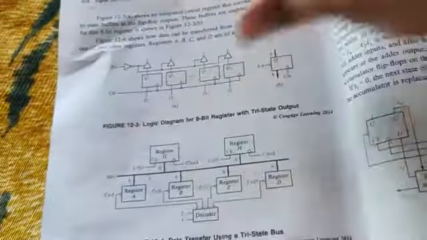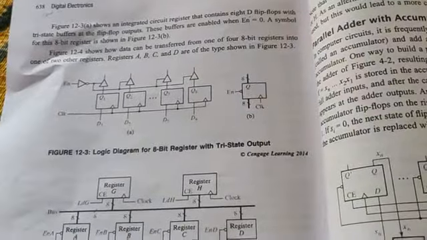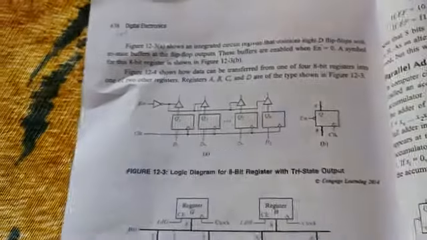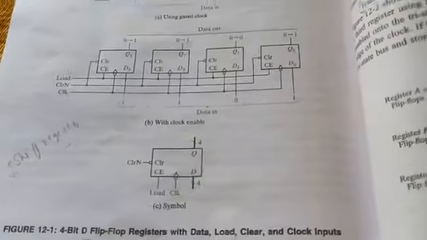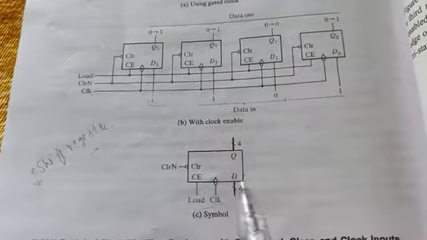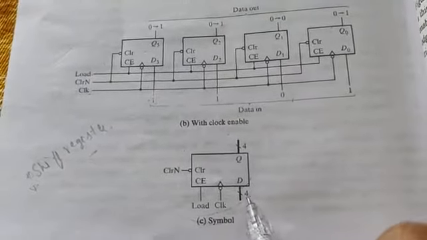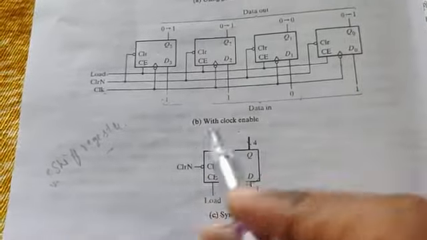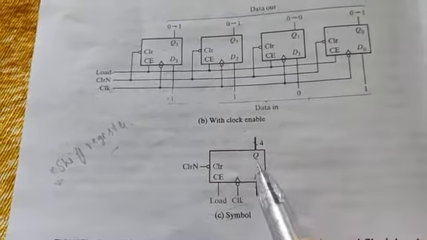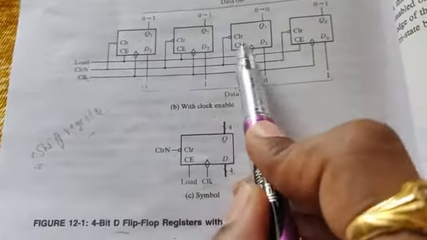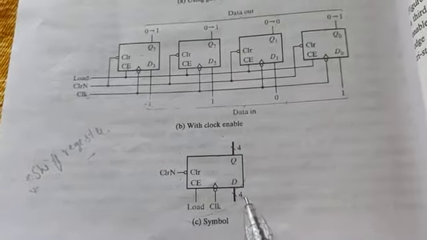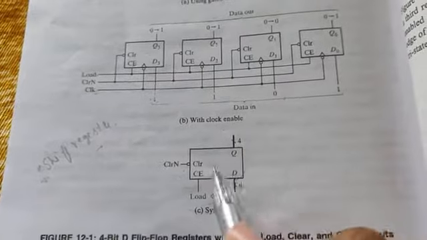As I just told, depending upon the number of flip-flops present in the register, we decide whether it's a 3-bit register, 4-bit register or 8-bit register. Okay. One more thing. Rather than writing 4 flip-flops like this, sometimes they will write like this. See 4. All the 4 flip-flops are the same. Here we have a clear. Here we have a clock enable, load, clock, Q and D. So rather than writing 4 times, here they have written only 1 flip-flop and they have struck it and written 4. This means it's a 4-bit flip-flop.